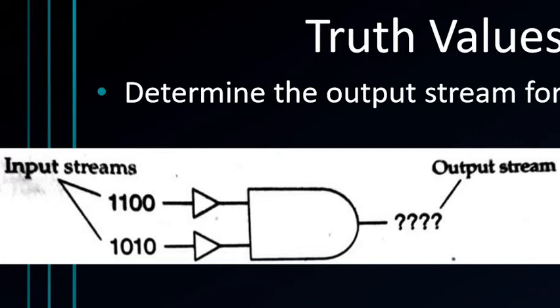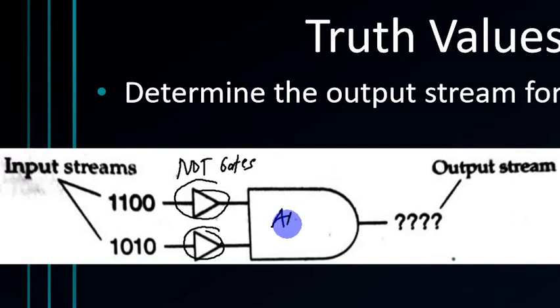Now, let's analyze the specific logic gates that we have here. As we can see, we have here our NOT gates. Although you might have noticed there's no circle on top of the triangle, some NOT gates are drawn like that, some are drawn with a circle. And then we have here our AND gate,